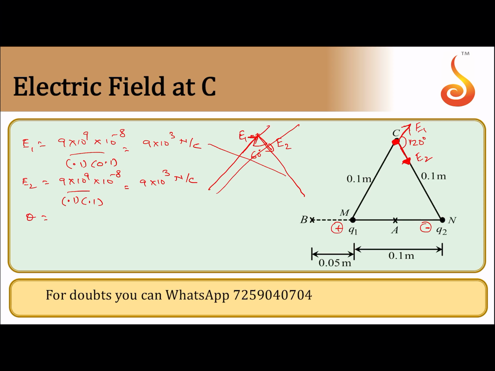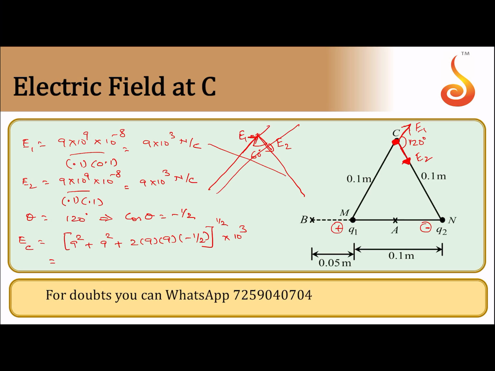Theta, the angle between them, is 120 degrees. What is cos 120? It's cos(90 plus 30), which becomes minus sin 30, which is minus half. So cos theta is minus 1 by 2. Therefore, your E resultant at C is equal to 10 power 3 I can take out, (9 squared plus 9 squared plus 2 times 9 into minus 1 by 2) whole raised to the power half into 10 to the power 3,